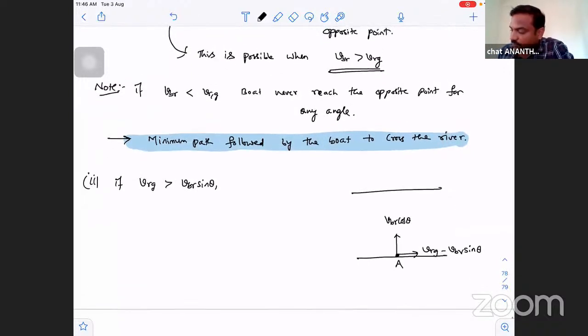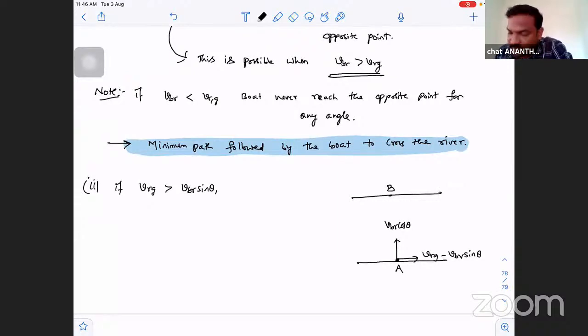So now how will the boat move? Definitely the boat does not reach point B. Why? There is a velocity towards the right. Because of the rightward velocity, the boat will travel rightward. Even so, because of VBR cos theta, the boat will cross the river. So the resultant velocity will be at some angle and the boat will reach point C. So this AC will be the VBG, velocity of the boat as seen from the ground. As seen from the ground, the boat will move along the AC path. AC is the path traveled by the boat as seen from the ground.